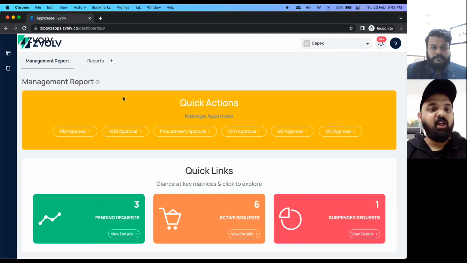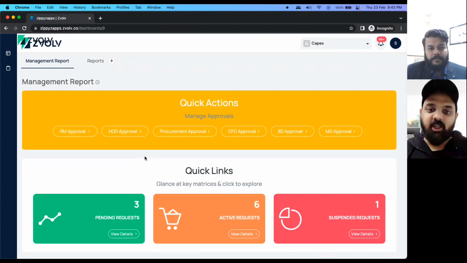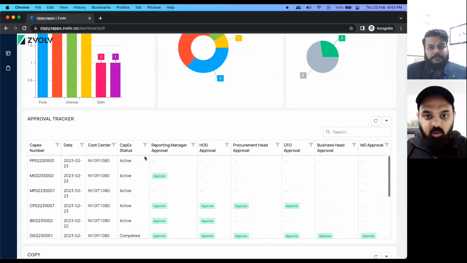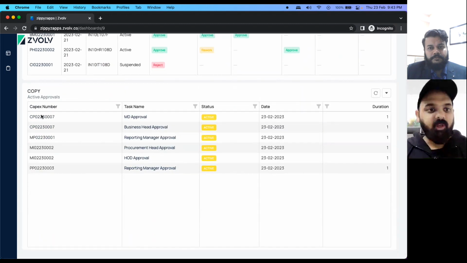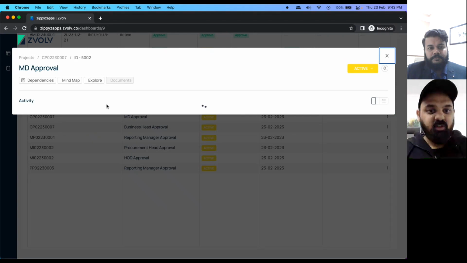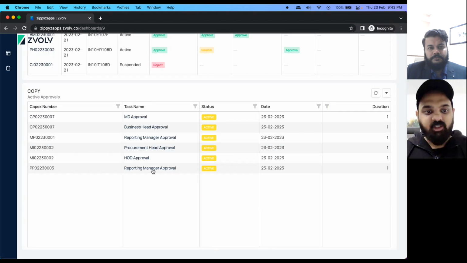Now logging back in as a manager, on my management report dashboard I can access the open request. So I can click here, which says reporting manager's approval. This is the request that we just created.